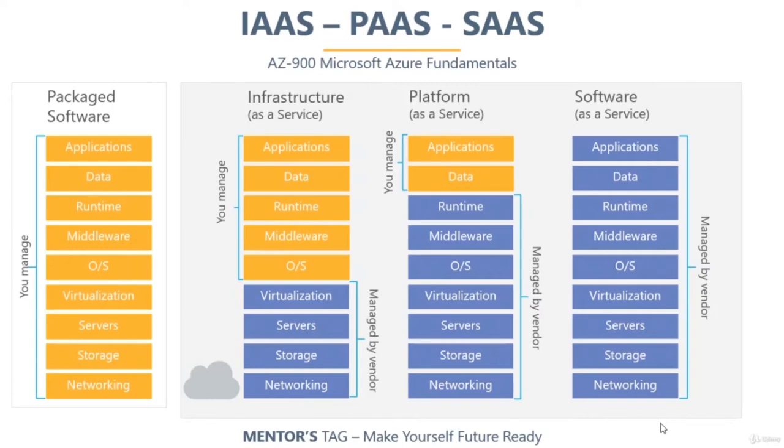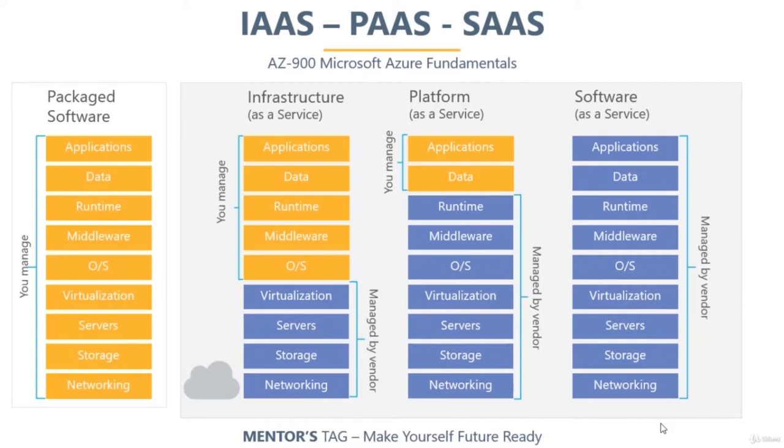Basically, when cloud was invented, all the cloud providers offered three different kinds of services to the customers. And these are the three services: software as a service, platform as a service, and infrastructure as a service. In recent times, we have one more flavor added into this, which is known as serverless computing. Now, we will cover serverless computing later on in the same course, but right now, I want you to understand these three sections: software as a service, platform as a service, and infrastructure as a service.